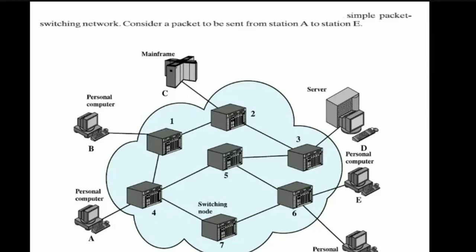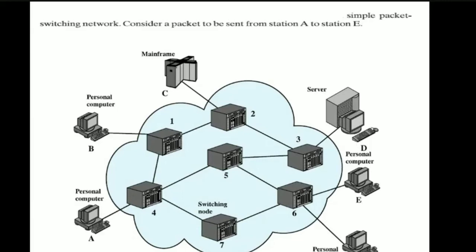But here, if we are using packet switching when sending the data, the link from node 4 to node 5 can be used dynamically, or shared dynamically by many packets over time. If the link is not available at the present moment, the node can queue the packet and send it when the link is available. By queuing up and transmitting as rapidly as possible over the link, we can easily share this link. But in circuit switching, the node to node link is allocated only for that communication between A and E.